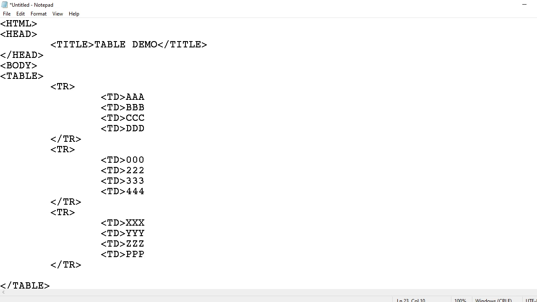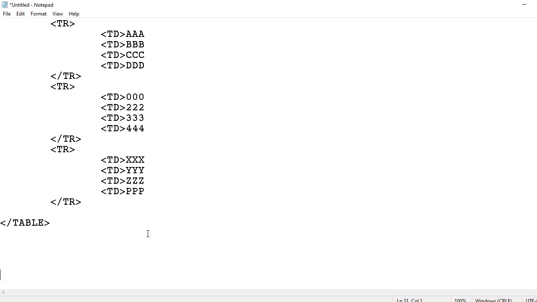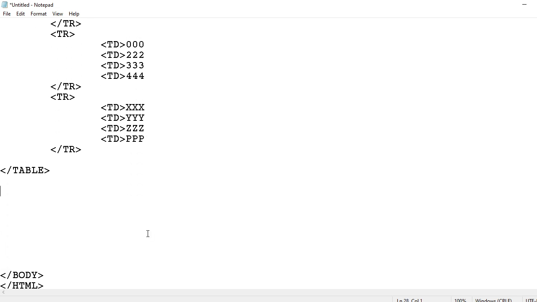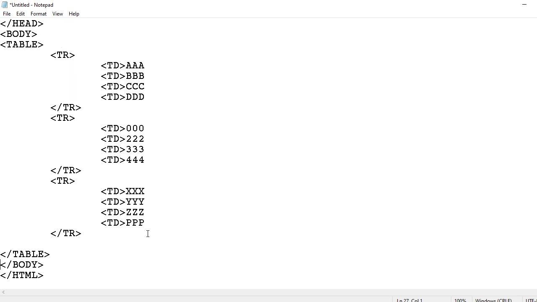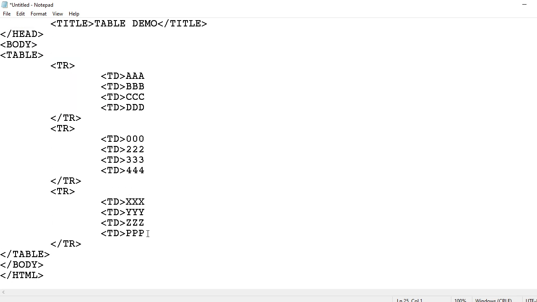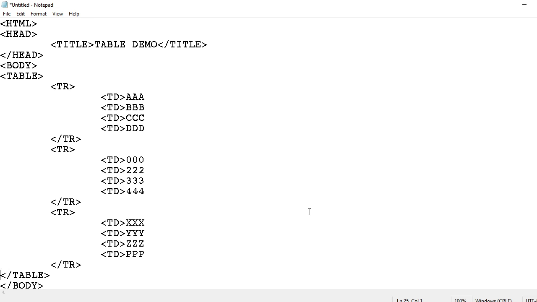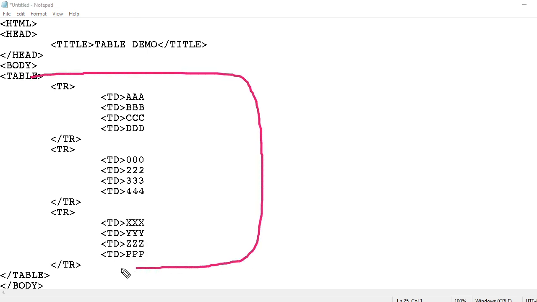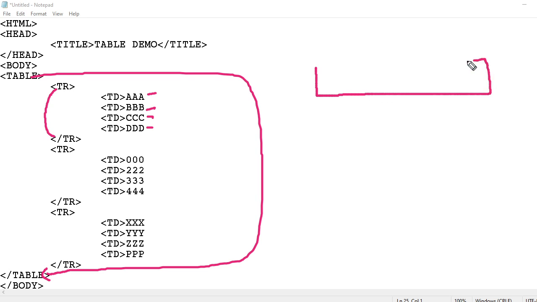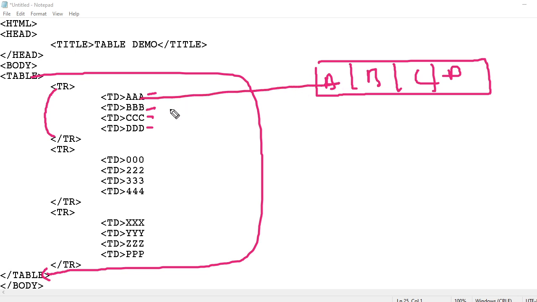So you see we have created 3 rows, and after that we are going to close the table tag. Here you see I am closing the table tag, already it is being closed. Now you understand. In this one what we did, we started the table, till here the table tag. Now we have created the first row, and in that row how many TDs are there? 1 2 3 4. So the first row will be created like this, and A B C D all will go here.